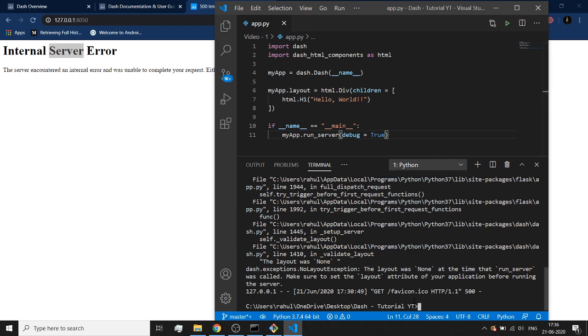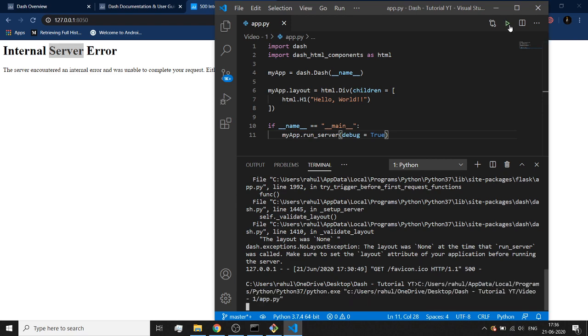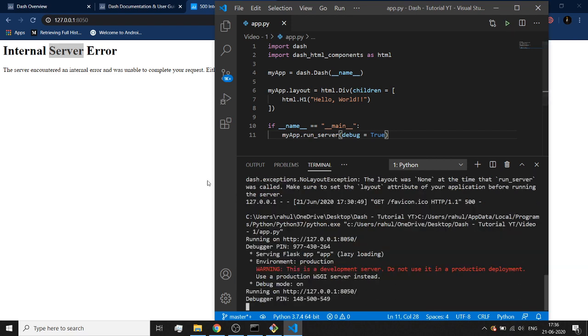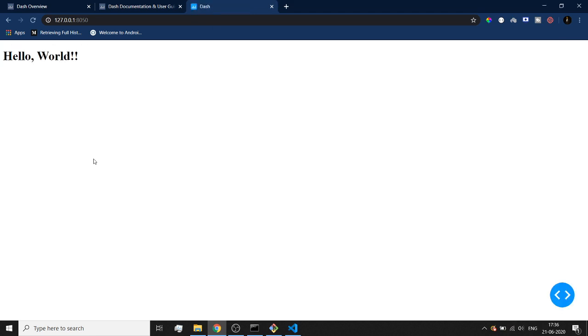As you can see, the server has been broken, and now I can run the Python file once again. So let me hit enter, and notice this has again started running. Now we can go to the link, which we have already opened here, and notice now we are seeing this hello world. We are not seeing that internal server error, and we are also seeing this small symbol which is a symbol of Dash. We can obviously get rid of these things, but we are going to be learning that as we move along.